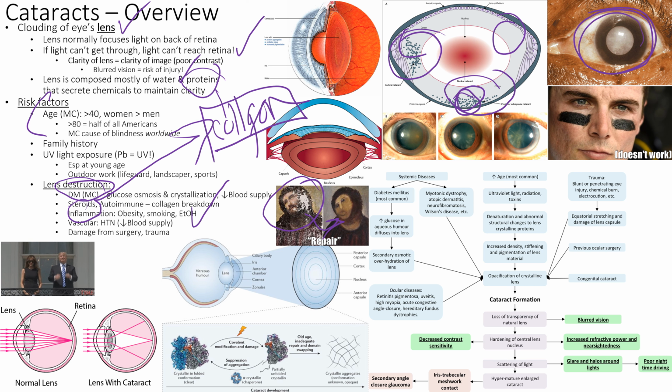Okay. So UV light exposure is also a unique finding that could put you at risk, right? If you go out to eclipses and they tell you not to look at the sun, and what do you do? Take off your sunglasses, look at the sun. Not only is it going to damage your retina, but it can also chronically cause a risk for cataracts, right? So those that are outdoor workers, those that do landscaping, those that do sports, and they smother this black tar on their eyeballs that doesn't work to try to reflect the light, that could put you at risk for cataracts, right?